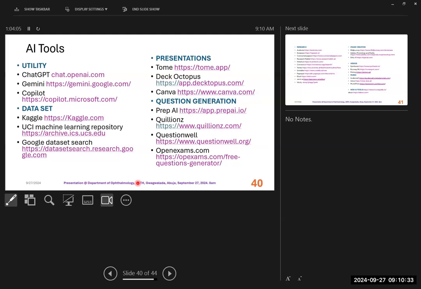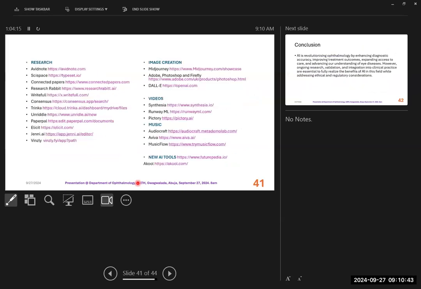So we can organize a lecture if you want, on how to use some of them, or demonstrate how to use them, because time is gone. We cannot be doing that demonstration now. So research, image creation, video, new AI tools. As I'm talking now, there's what we call a tool that you can use. You can superimpose Chiroma's face on my face, and Chiroma will appear as the one delivering this lecture. You are getting what I'm saying? What we call Photoshop.